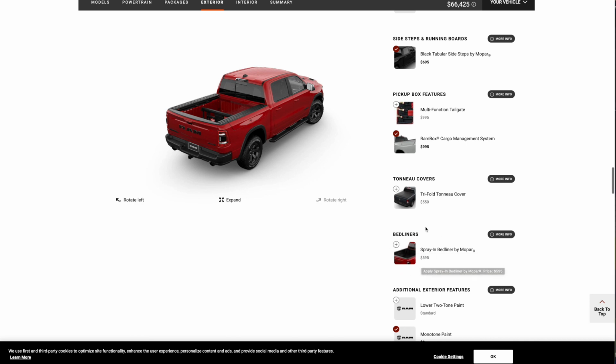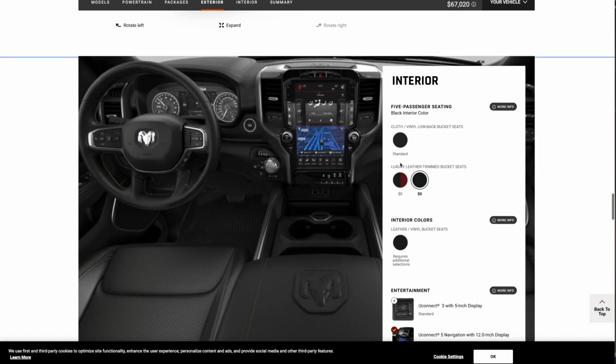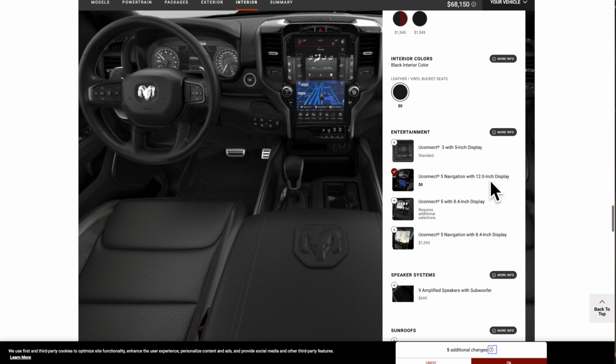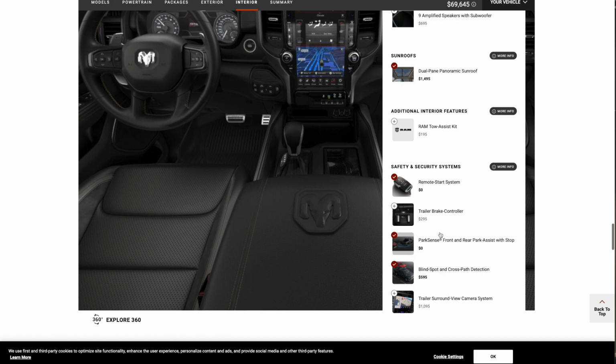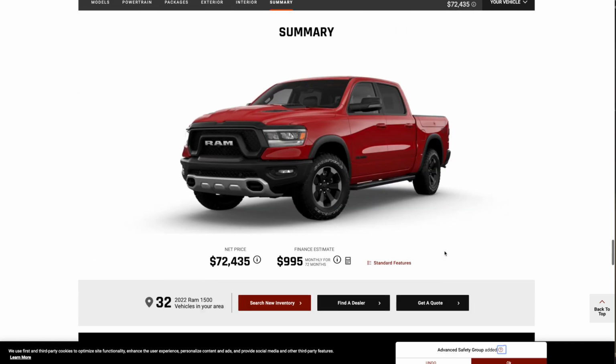Again, I don't really need the spray-in bed liner. I could have that done later. Actually, you know what? It's only $100 difference in doing it later. So yeah, let's go ahead and do the bed liner. Interior, we're going to go with leather. We already selected the Uconnect 5 with 12-inch screen, because that's part of the Rebel Level 2 package. We also had Harman Kardon, so we don't need the non-amplified speakers. We want the sunroof. We do want remote start, but that's already included. We don't need the trailer brake controller. I do want the surround camera system. And all told, we're at